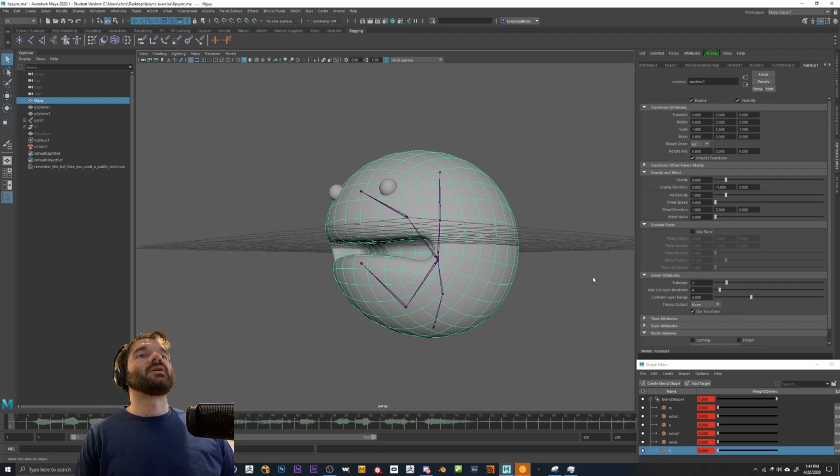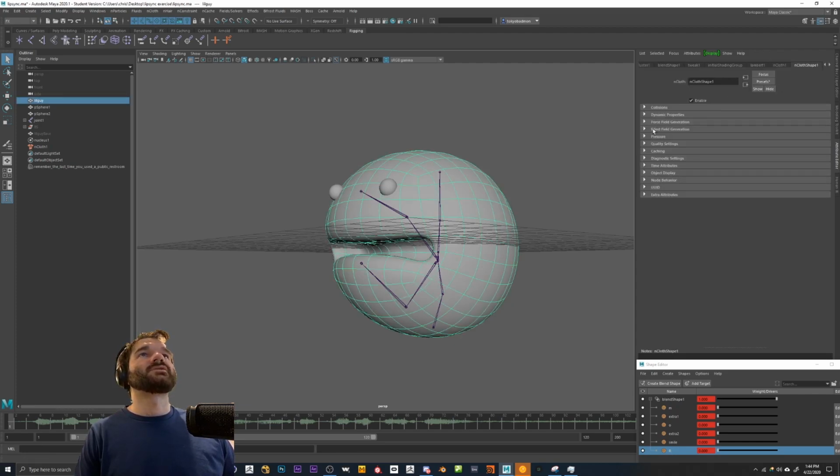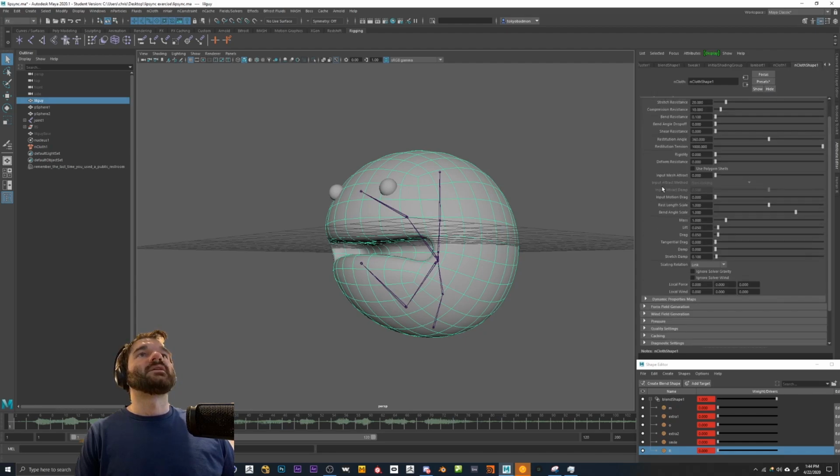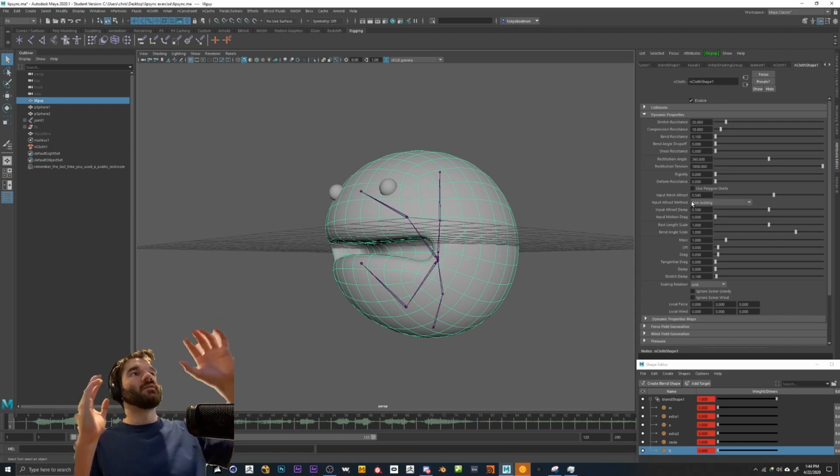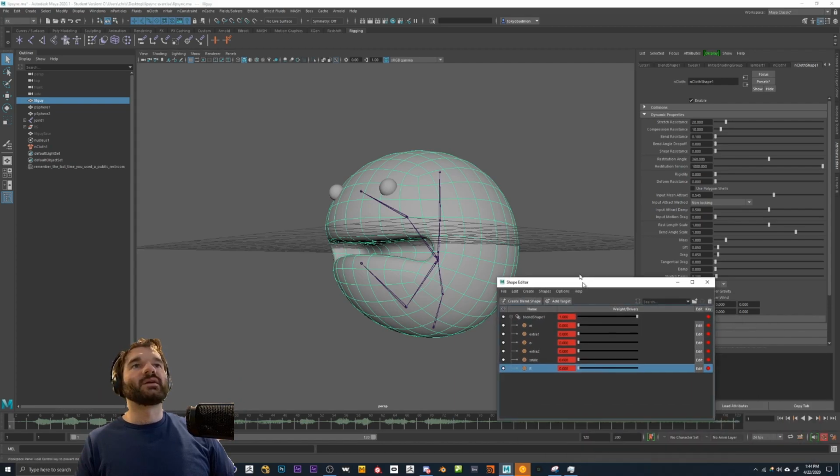So if we go into the end cloth shape stuff, and you go to the dynamics properties, no, not dynamics properties, is it? Yeah, it is. Input mesh attract, we set that to like 0.5. It'll pull the end cloth towards the animated mesh. So if we hit play,